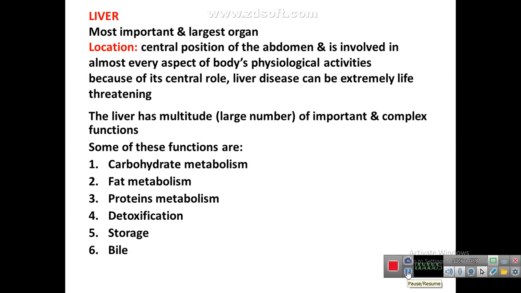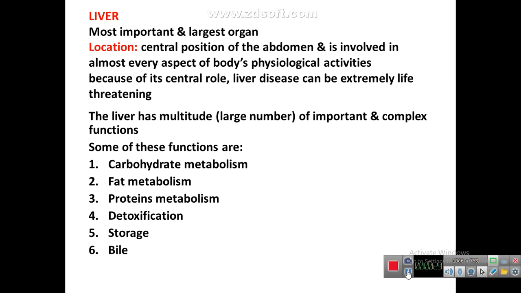Bismillahirrahmanirrahim. Topic: liver. The liver is the most important and largest organ, largest on the basis of its function. On the basis of size, the largest organ of the human body is the skin. Location of the liver: it acquires the central position of the abdomen and is involved in almost every aspect of the body's